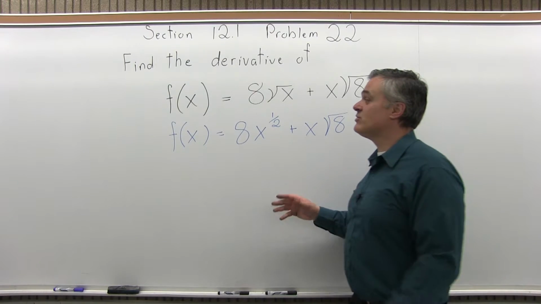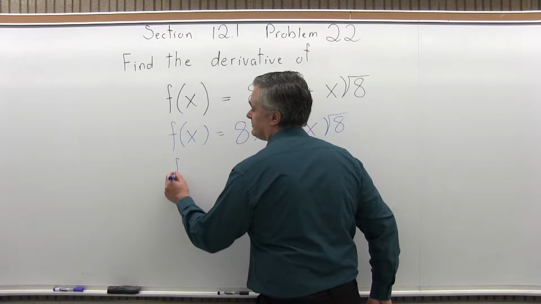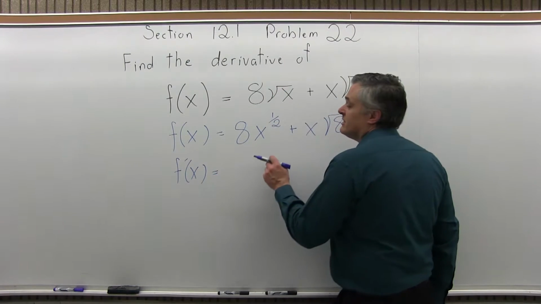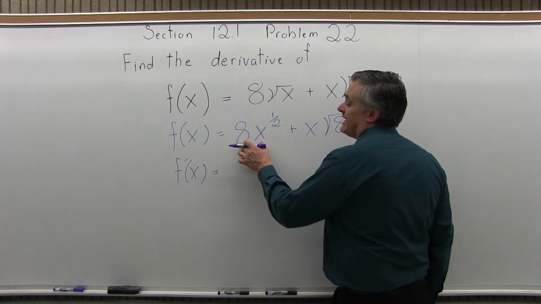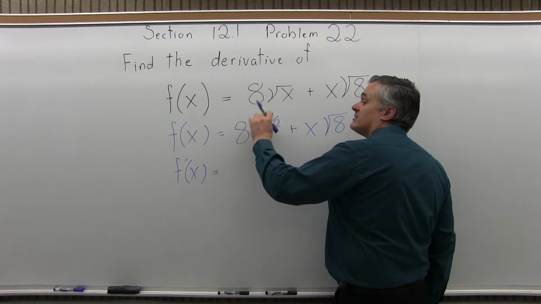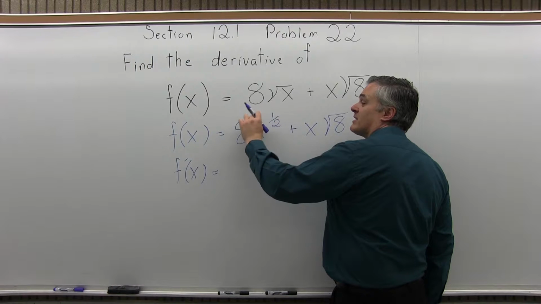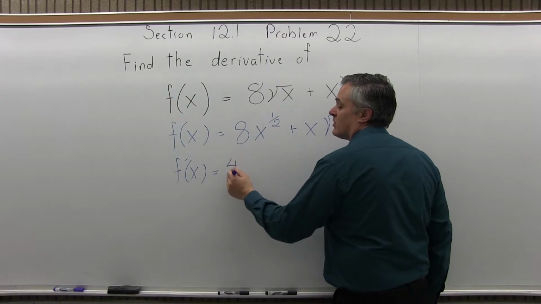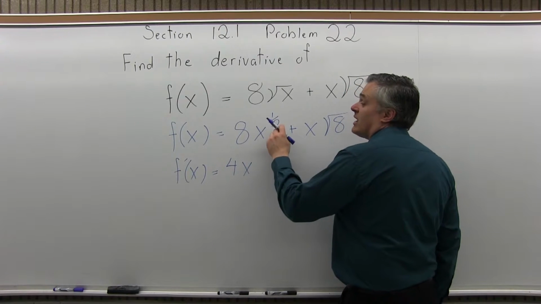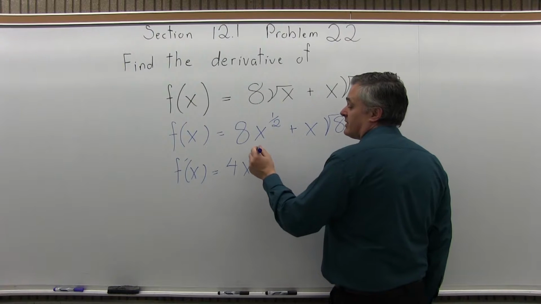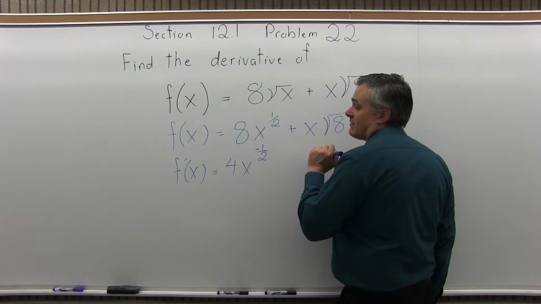Whereas this square root of x is not just a plain number. Now I can go ahead and do the derivative, the f prime. F prime of x equals, so the first piece of the problem, 8 times x to the 1/2 power. The exponent's going to come down times the number in front. So the exponent of 1/2 comes down times the number in front, which is 8. 1/2 times 8 is 4. X to the 1 less power. So 1/2 minus 1 is negative 1/2.